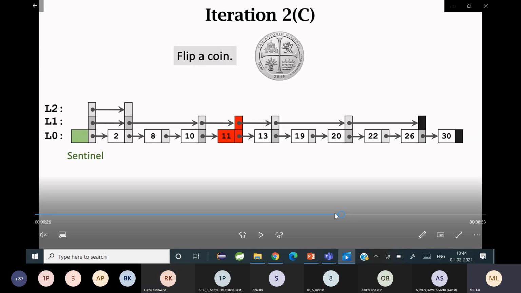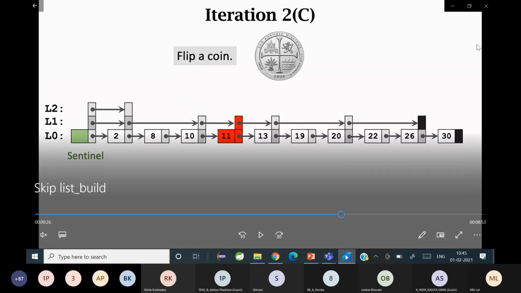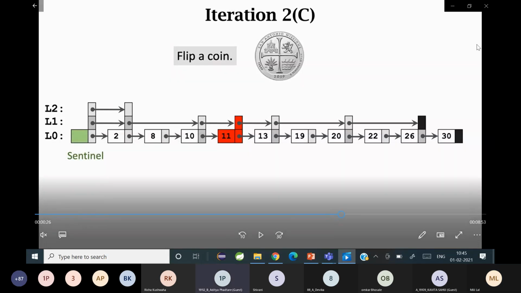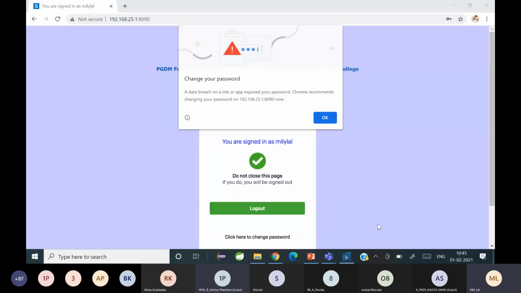Okay, so you can actually have multiple layers, and of course if you end with only the head node and the tail node, then you cannot build more layers. So keep that in mind. If you have reached a condition where the first node is the head and the last node is the tail and no other nodes in between are linked, in that case you cannot move further ahead. That is the stop condition of building the layers. So clear to all? Should I explain it again? No, ma'am. Okay, fine.